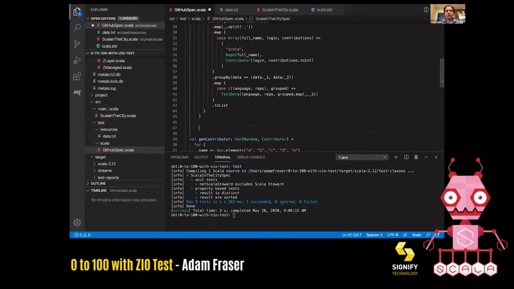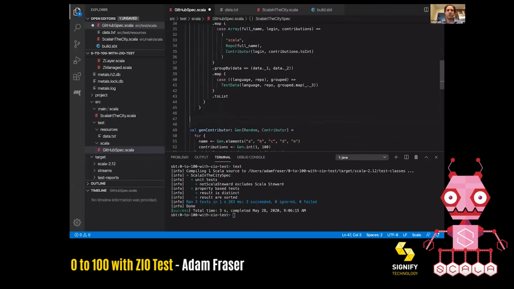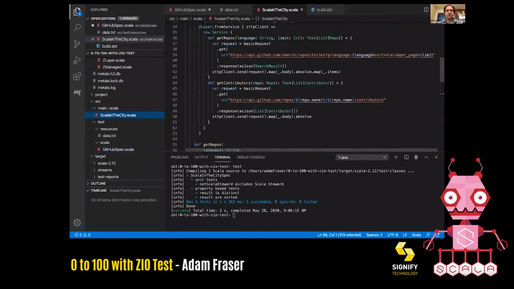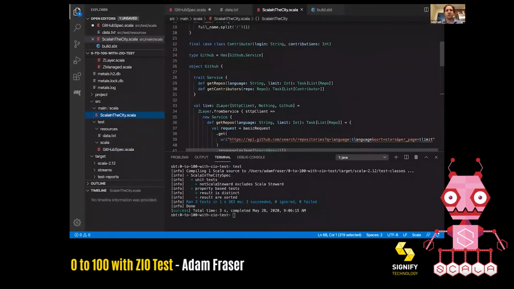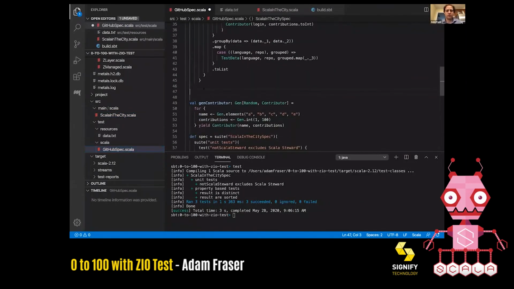And this is where the module pattern is really going to come in to help us out. Because since we defined that this whole GitHub thing is a service, we can provide a different implementation for it with ZIO Test. So let's say val testGitHub. This is going to be a ZLayer that's going to require a list of test data. And it's going to return